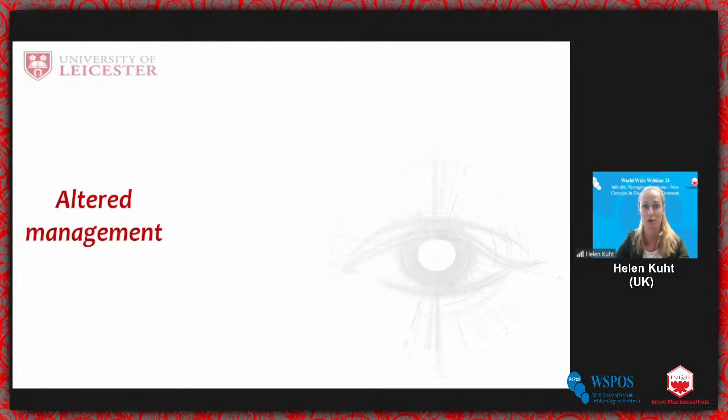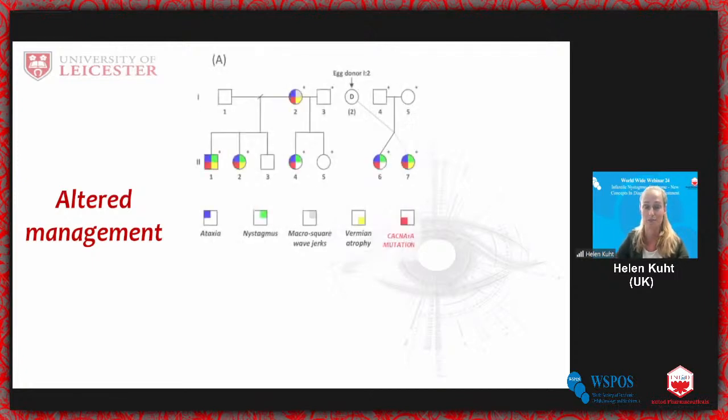I wanted here to give one example where a molecular diagnosis established from the nystagmus gene panel altered the management plan for a family. So in this figure, it's a pedigree of a family that presented to us with nystagmus, headaches, and ataxia. The children in the second generation were of school age, but unfortunately, they frequently missed school because of the severity of their symptoms, particularly the headaches. It's also worth noting that the mum was also an egg donor, and from the egg donation, she conceived dizygotic twins, both with nystagmus and ataxia.